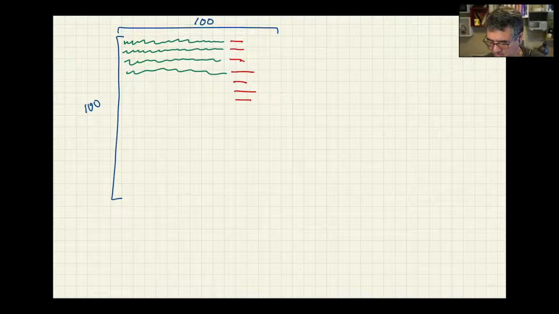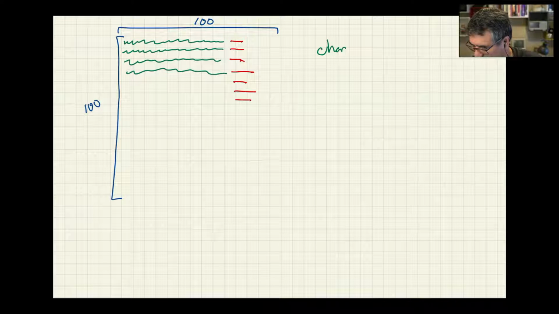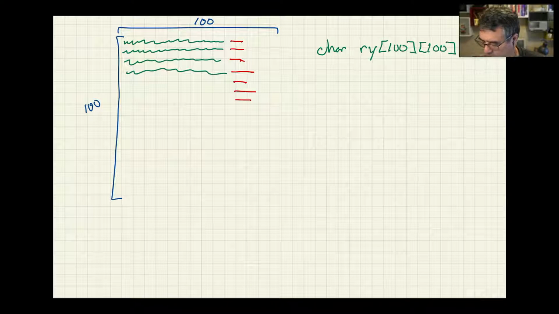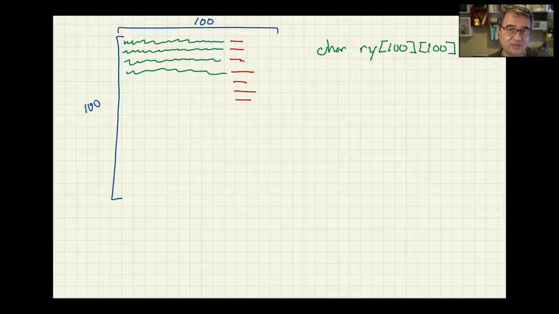So this would be the case if we made a 2-dimensional array to hold these passwords. Either 100 lines, and each line was 100 characters long. So we would set that up by saying char, let's call this ry, and it's 100 lines long, and there's 100 characters per line. So a 2-dimensional array. But we'd end up wasting about half the space. Okay? So another strategy would be